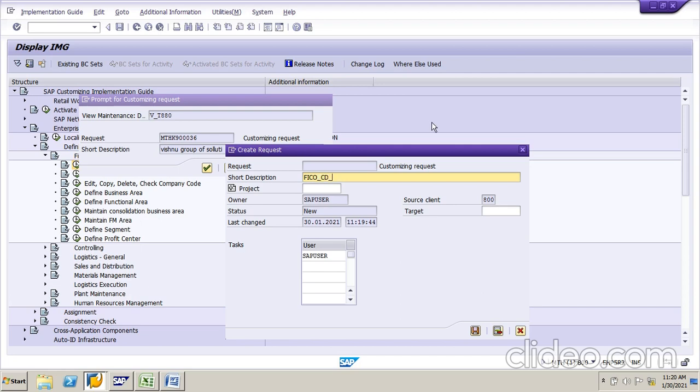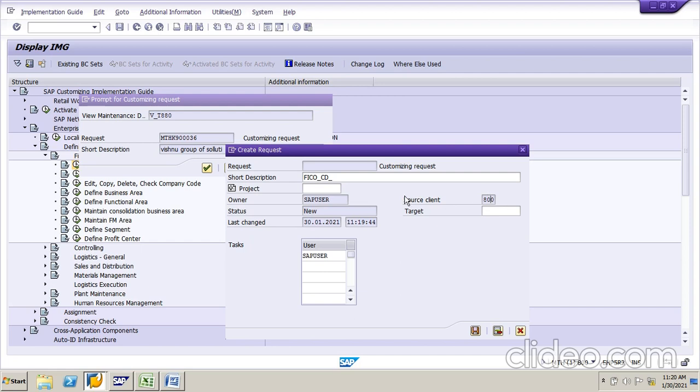client dependent. See here, client dependent and client independent are there. Client dependent means we are doing all the configuration in client 800. Suppose you have an original, you can get some client 500. So all modifications will be done only in client 500. Here we are doing it in client 800, so all the changes and new entries are entered only in client 800.